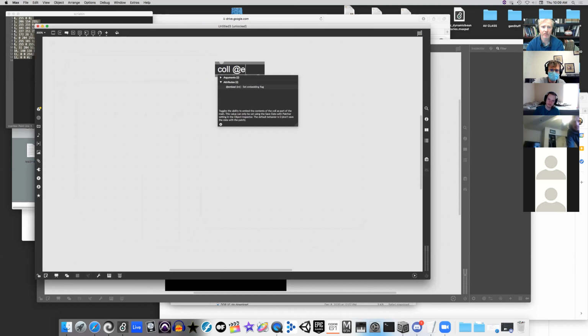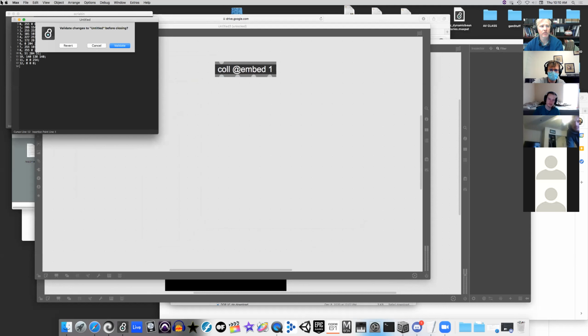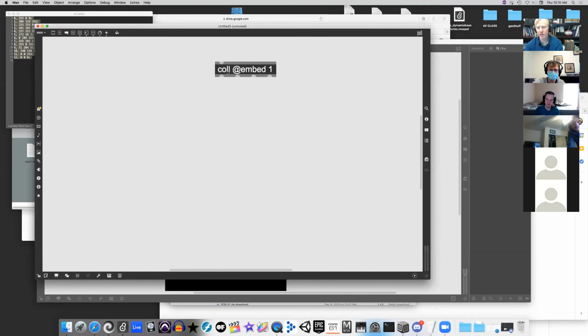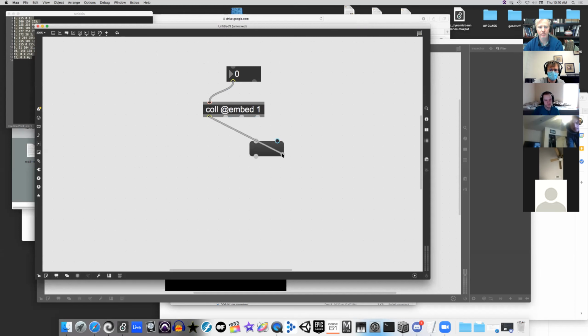And I'm going to make sure that it doesn't disappear on me by embedding it in my patch. There we go. So these are all the numbers of Scriabin's color organ. For each of the 12 notes in the chromatic scale, we have a color. And to just sort of look at that, for C sharp, that's the color. For D, that's the color. And so to visualize that, right,